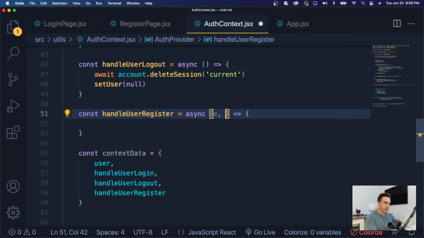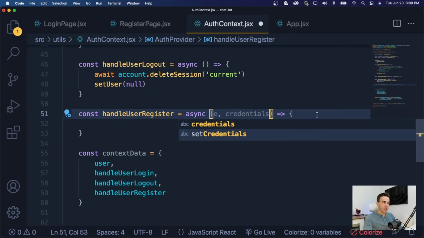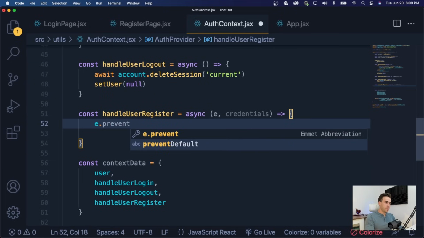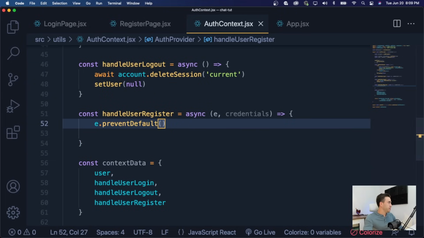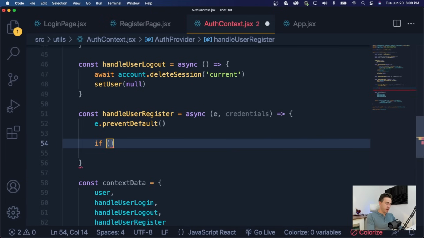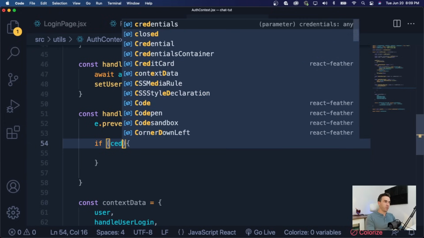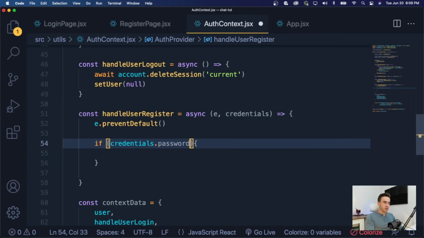So we want to go ahead and take in the event. We want to take in credentials, and we will just go ahead and prevent the default. So e.preventDefault. And let's see, what do we want to do in here? So inside of this function, the first thing I want to do is just go ahead and check if the 2 passwords match. So we're just going to go ahead and check password 1 and 2. So if credentials.password1 is not equal to